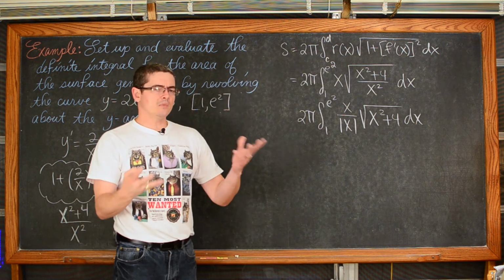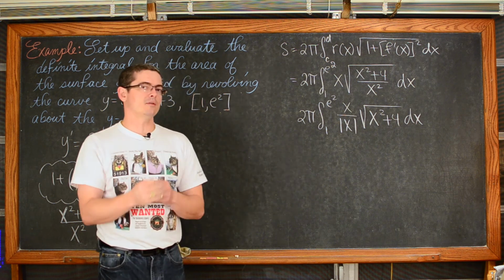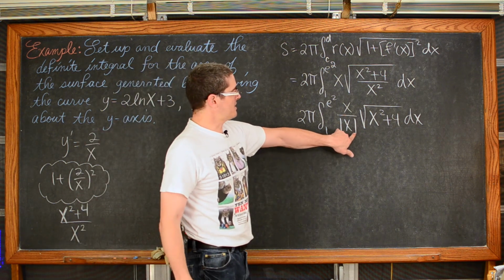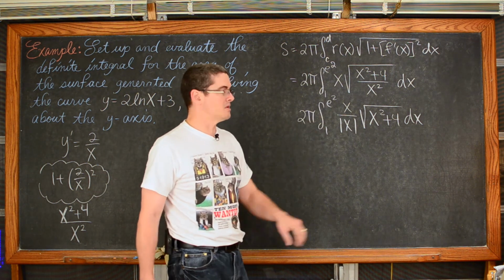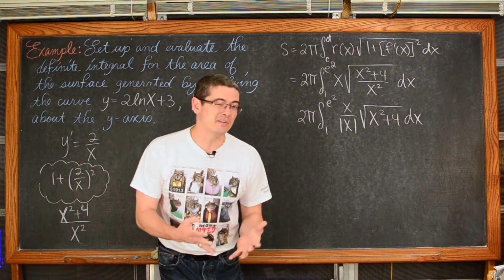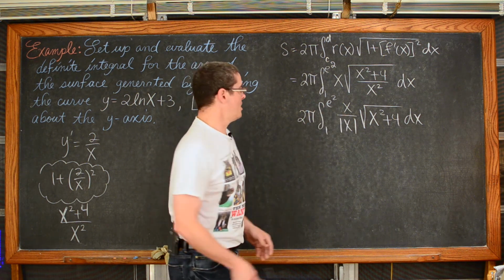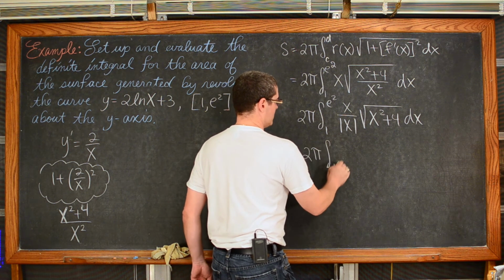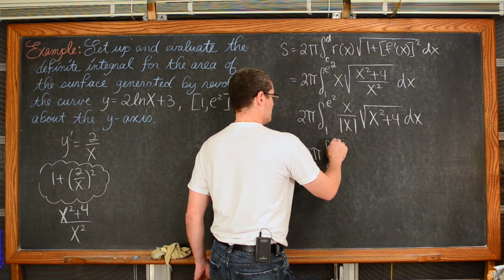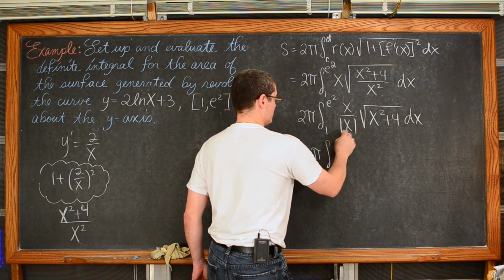And technically the square root of x squared is the absolute value of x. This is a little bit unnecessary because with our definite integration here, we're only going to be using positive values of x. And so when you look at that, you could say, well, then this is x divided by x, which is 1. So now we have 2 pi times the definite integral. And again, only because our lower and upper limits are positive do we not have to worry about keeping that absolute value in there.